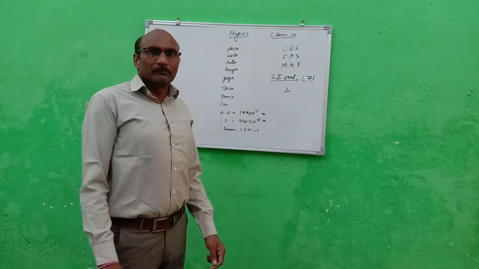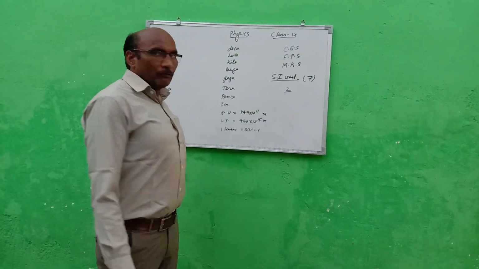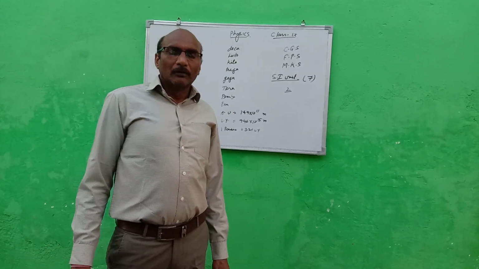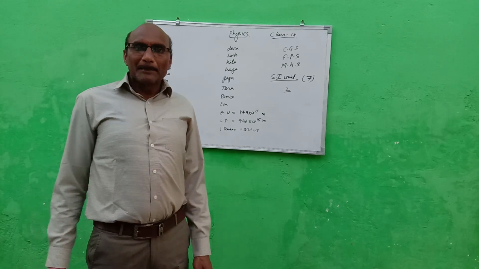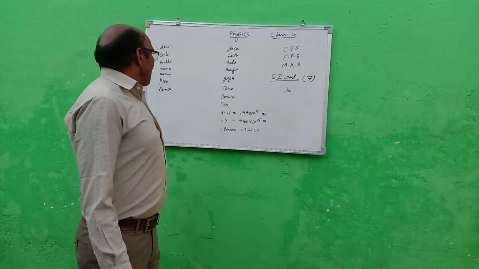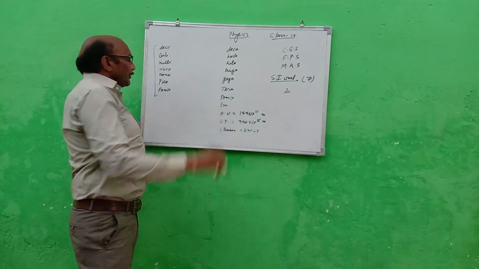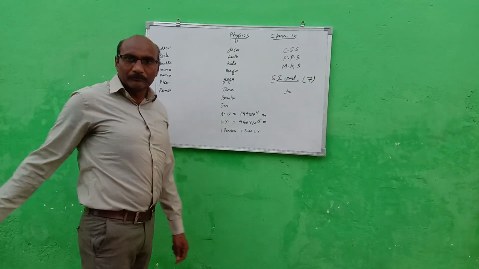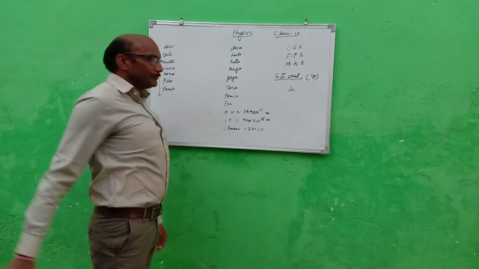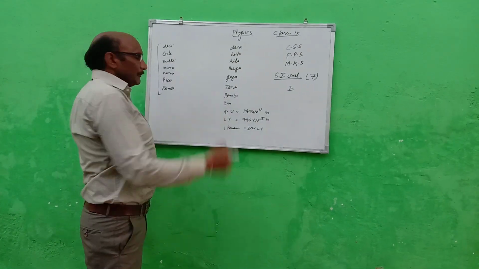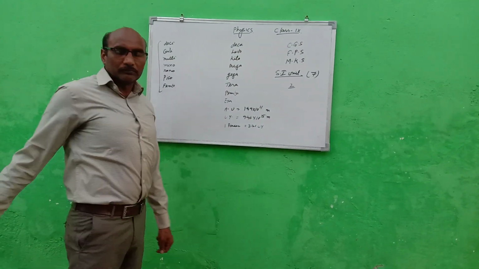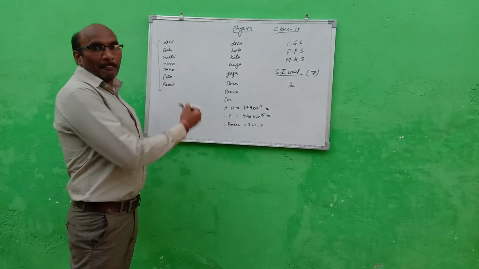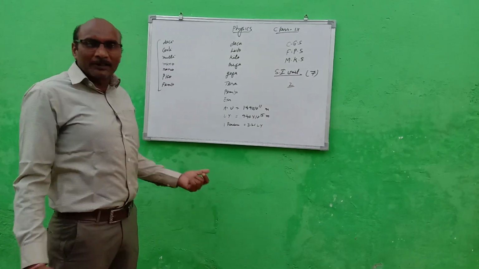Now we have to proceed from the previous topic. Now we have to go for the submultiple units. For the submultiple units, we have a series of smaller units. The units are deci, centi, milli, micro, nano, pico, femto and some other smaller units also.